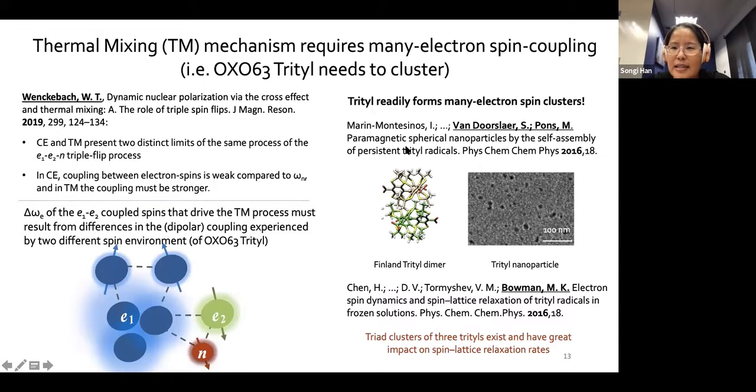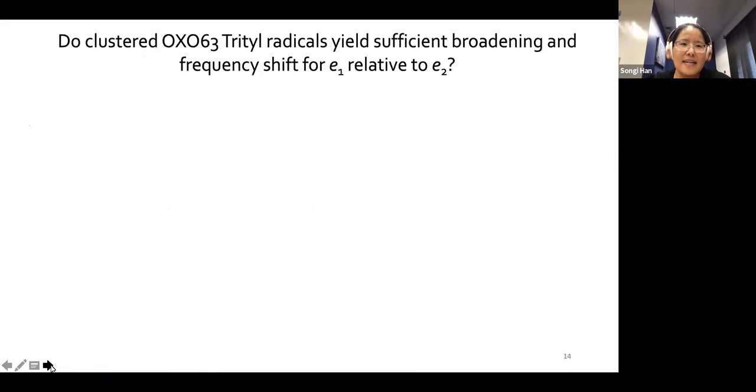Luckily, there are some really exciting papers by Van Doorslaer and Pons, as well as Mike Bowman, that prove trityl under many different conditions clusters. Not only the Finland trityl, but also the Oxford trityl, and dimer, trimer, all the way to nanoparticles. So we know from the literature, trityl can readily cluster. So next, do clustered radicals then offer sufficient broadening to account for E1 and E2 to encompass the NMR Larmor